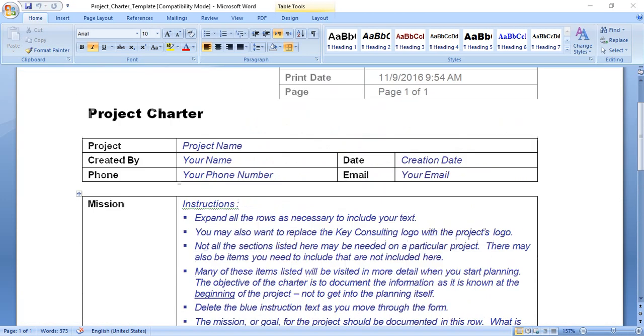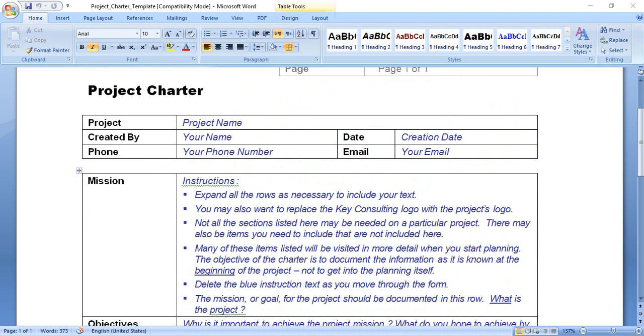Before ending the project charter, I need to talk about some points. It will help us understand how to fill the form or how to use a template. I want to talk about financial and resource information.